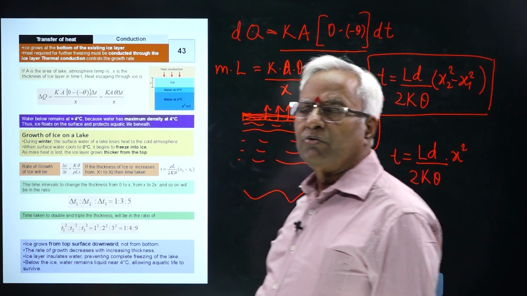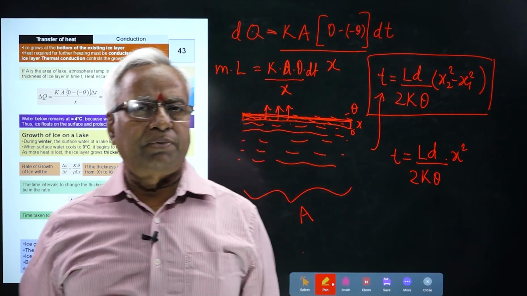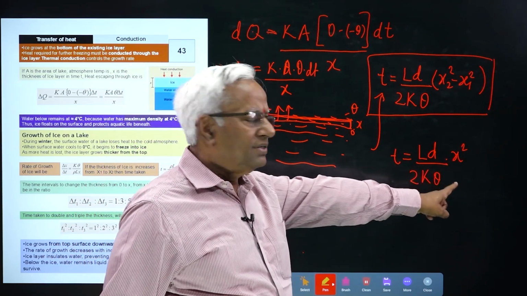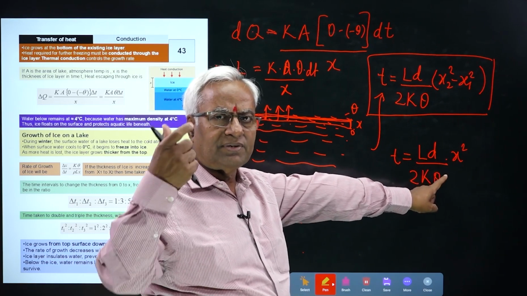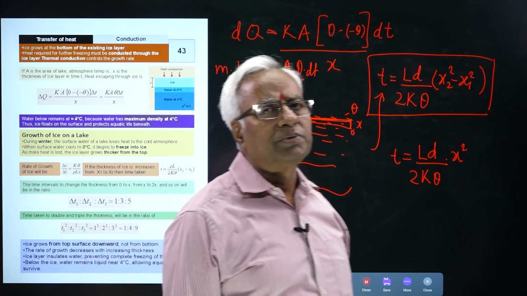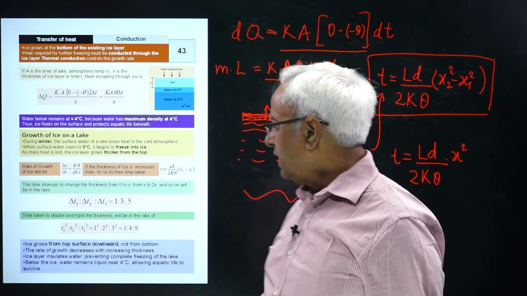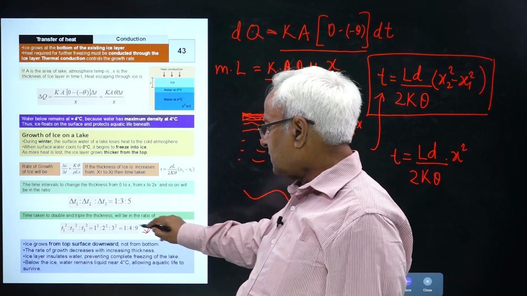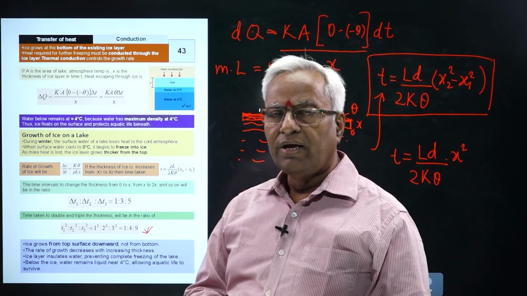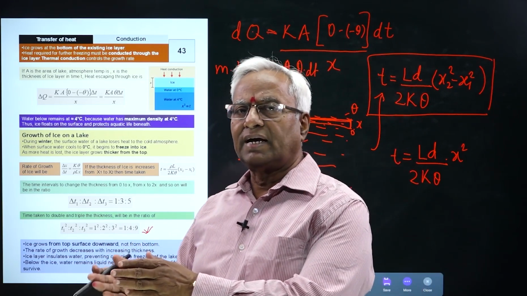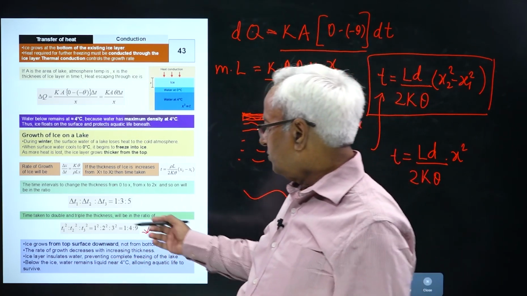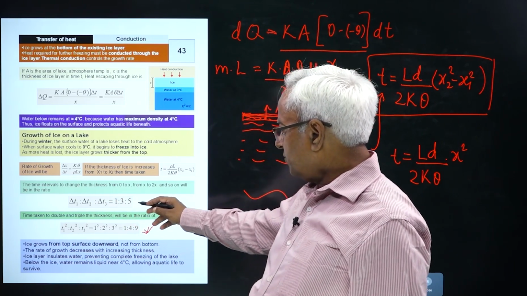That means to find the time taken in the formation of an ice layer of 1 centimeter, you put 1 square. If you are interested in the time for formation of an ice layer of 2 centimeters, you put 2 square. So obviously this is going to be in the ratio 1:4:9, as given here. This is the complete time in the formation of an ice layer of 1 centimeter, 2, 3. Whereas if you are interested in the time interval from 1 to 2, from 2 to 3, from 3 to 4, that is going to be in the ratio 1:3:5.